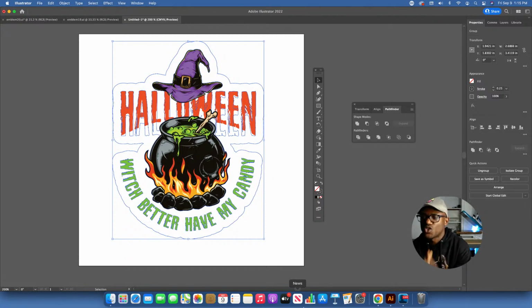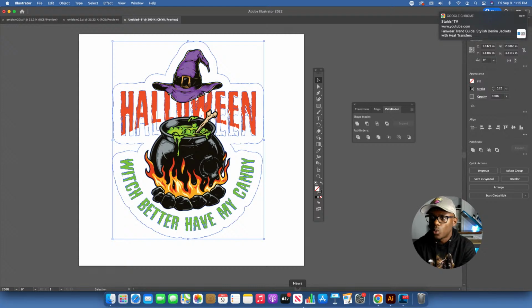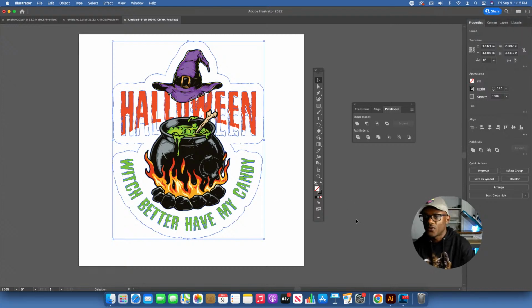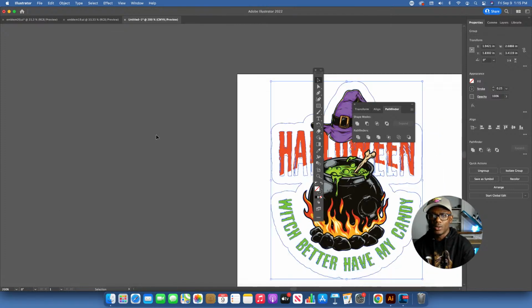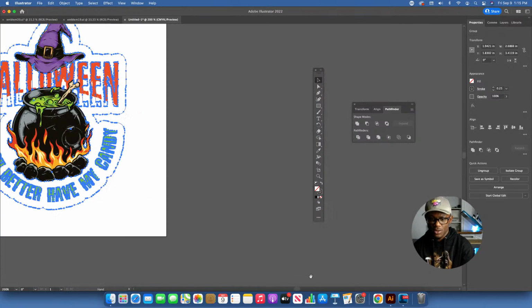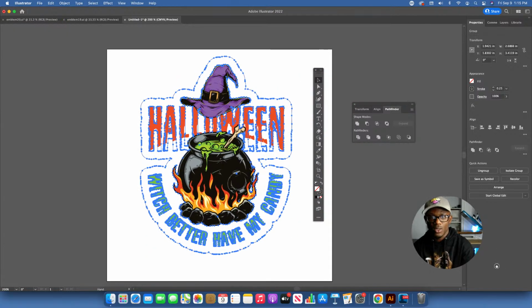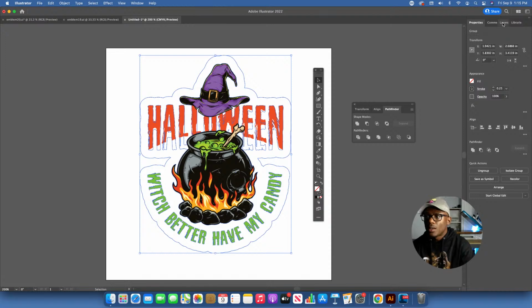So the next part that's super important now, if you're going to send this to get cut or anything like that by another printer, you want to set this as a contour, a cut contour, right? So in order for the machine to read it, cut contour has to be in as a swatch and has to be labeled a certain way and all of that. So I'm gonna walk you through that right now. Okay, so next thing here, to do that, let's get this windows back up. I just messed up my window. Cool. Come back to your layers panel.